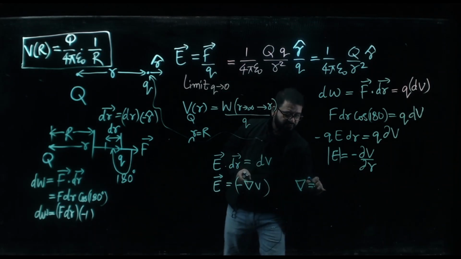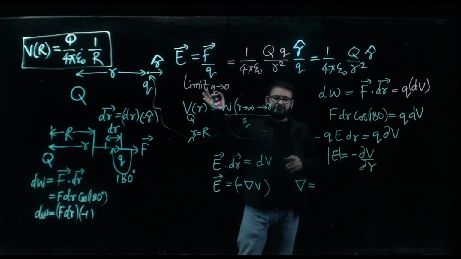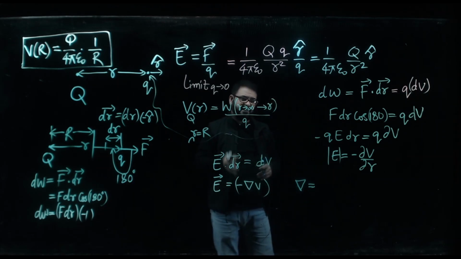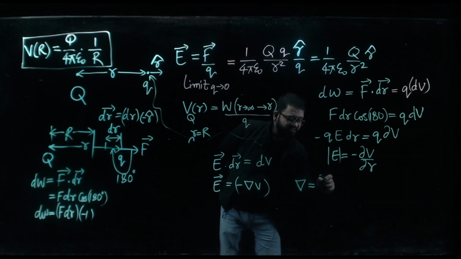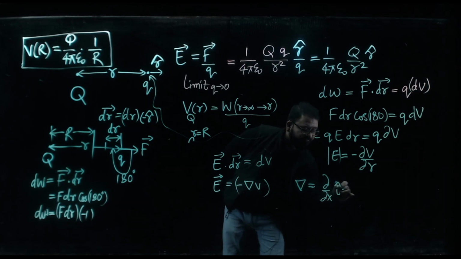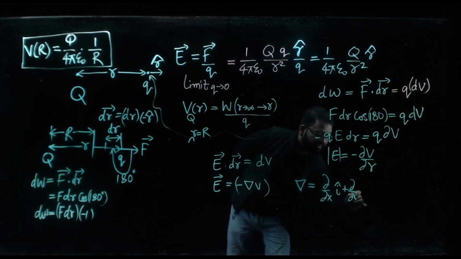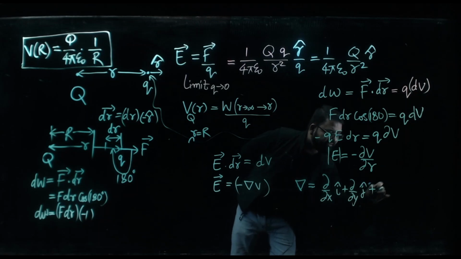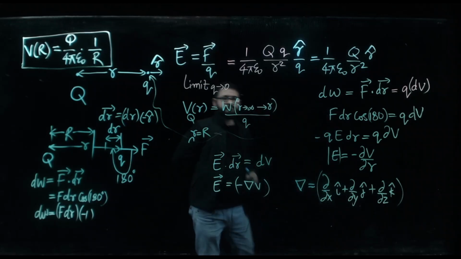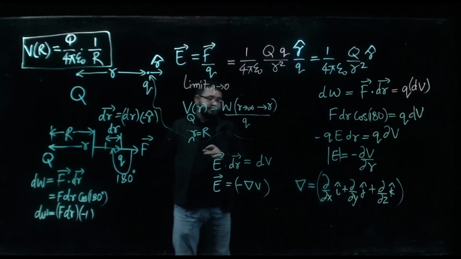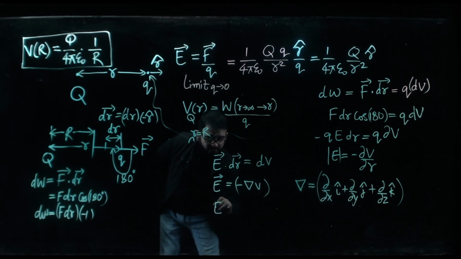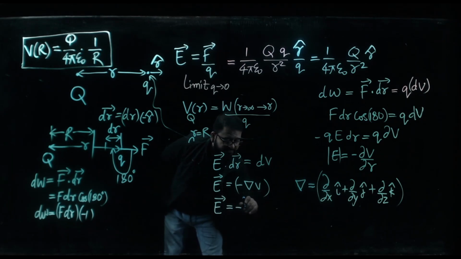Now gradient, you can understand when you are falling through a cliff, or you're moving down a cliff, you have a gradient, and gradient has a direction. So gradient is basically the derivative d by dx i cap plus d by dy j cap plus d by dz k cap. All right, so in a brief manner, what do we write is